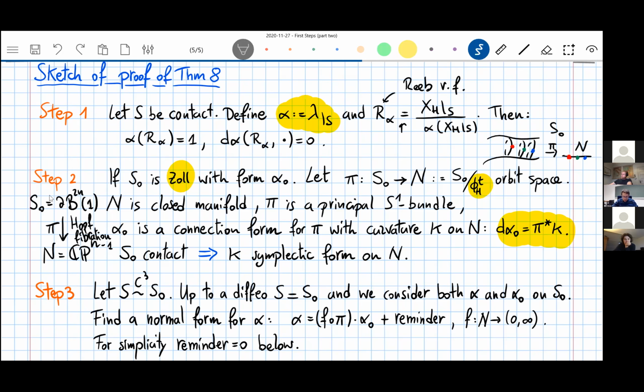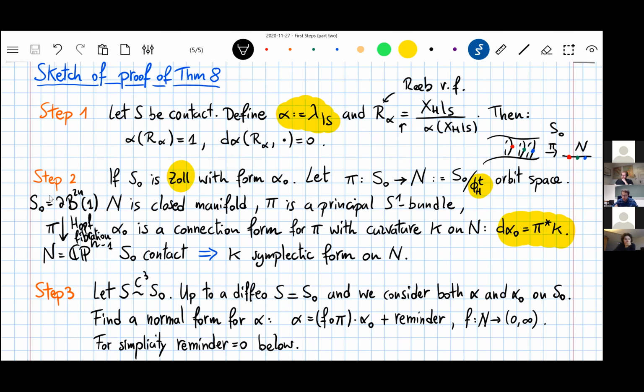And now let's consider the case we are interested in. So you have a Zoll hypersurface and you have a perturbation of it. Since the two things are close to each other, you can think that they are basically diffeomorphic by some kind of graph diffeo between the two. So what you can do now is to fix